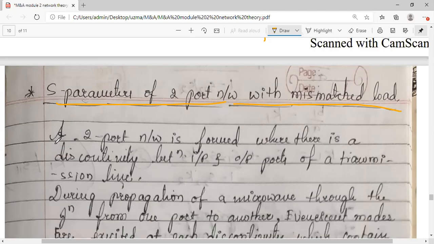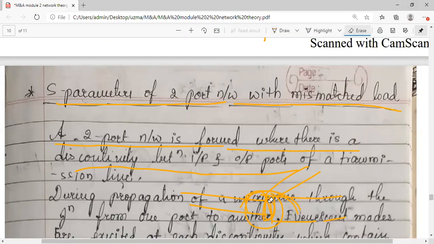So let us consider how a two-port network is formed. This is a general description. A two-port network is formed when there is a discontinuity between the input and output ports. You know this. Imagine a pipeline where there is a joint. Say some three pipes are getting joined here. This is a junction. So when you come across a certain discontinuity, from one port to the other port, then only the input and output ports are formed. So imagine the case of your water pipeline, and you will understand it in a better way.